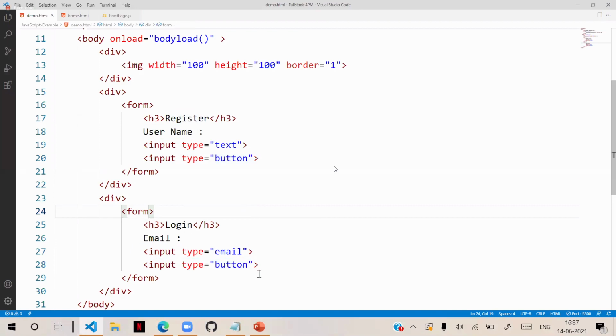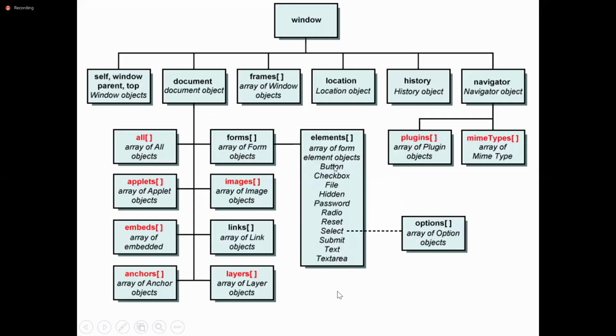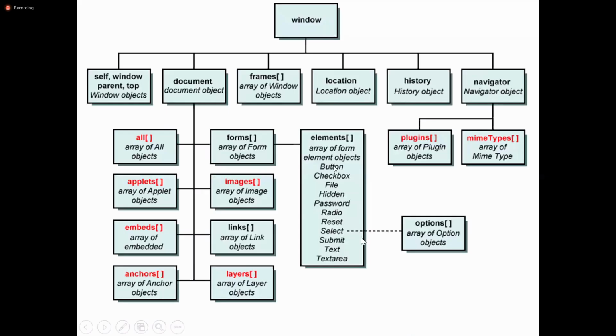Now, according to this hierarchy, can you tell how to refer the button now? Can you tell how we can refer the button? How to refer the button? Can you tell the hierarchy now?